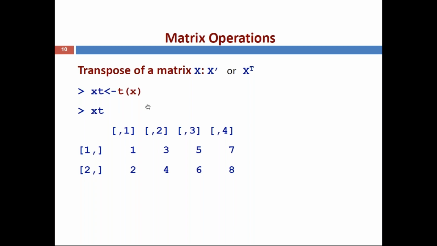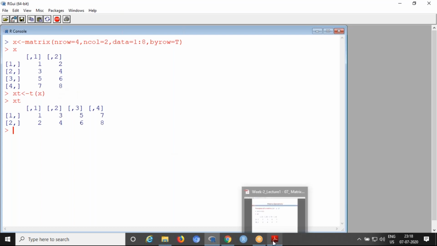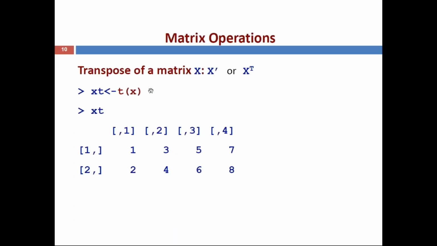Now you can execute this one. So the transpose. Now we created X. I'm using another name for the transpose: xt equal to simply small t of the matrix name X. Now the transpose is stored in the name xt. Now you can call xt. You can see the interchange: the previous matrix 4 by 2 becomes 2 by 4. Accordingly, the elements are arranged. Like that, we will find the transpose of a matrix.